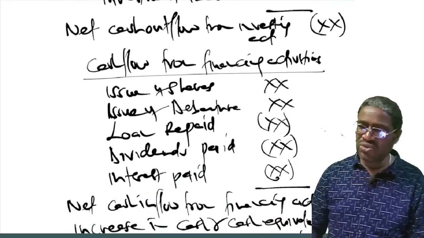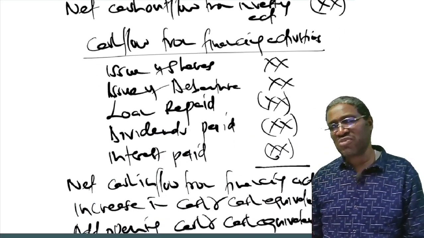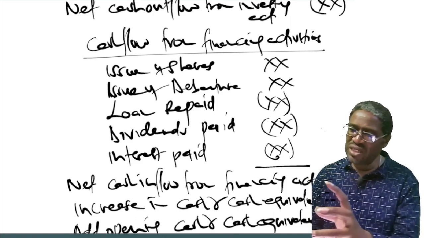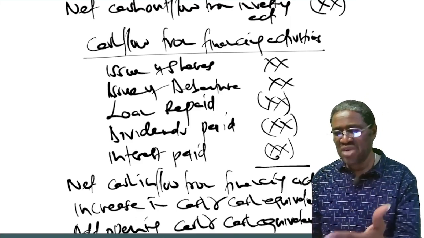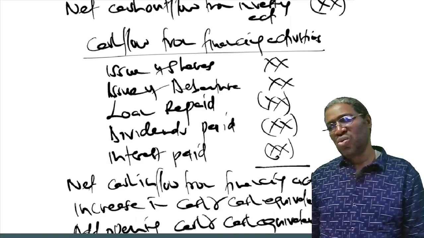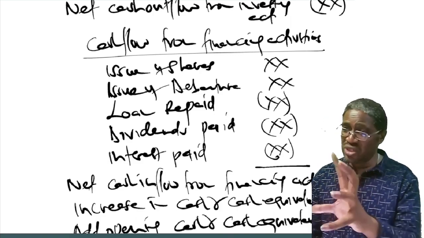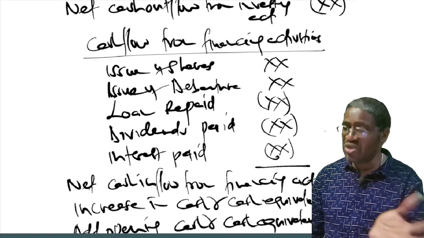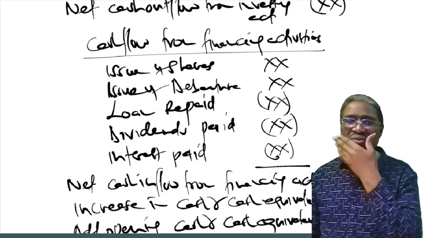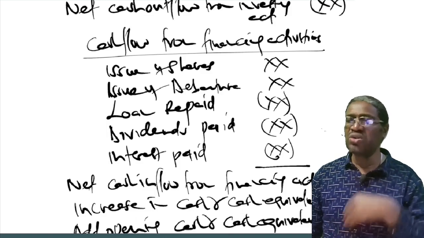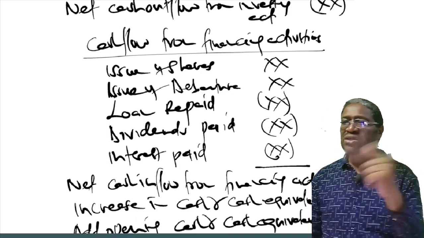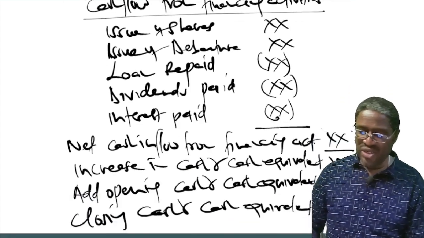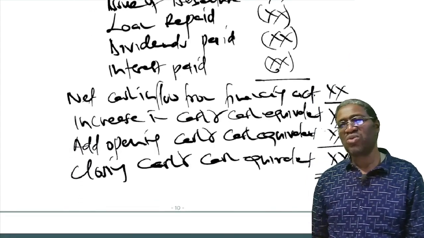And I've said you come to the third category, that is cash flow from financing. Financing are those affecting finances: shares, debentures, loans. Once you have identified them, those could be the major ones. I'm not saying they're the only ones. It depends on the question. Then you now come to paying the returns to financiers, in the form of dividends or interest, and get the totals. That's what we say. Now,